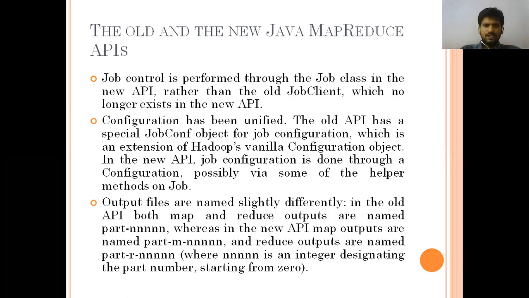The configuration has been unified. The old API has a separate JobConf object for job configuration, which is an extension of Hadoop's vanilla Configuration object. In the new API, the job configuration is done through a Configuration.